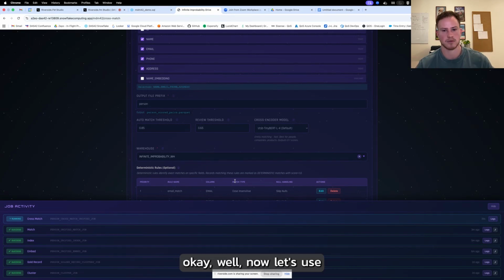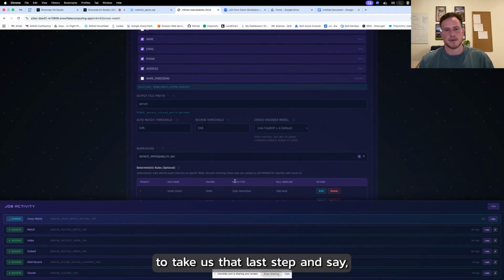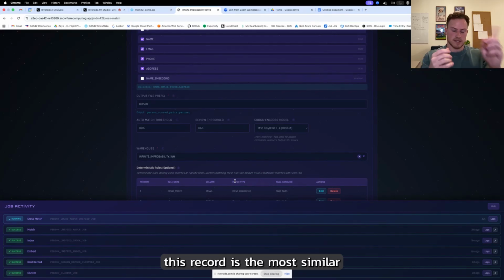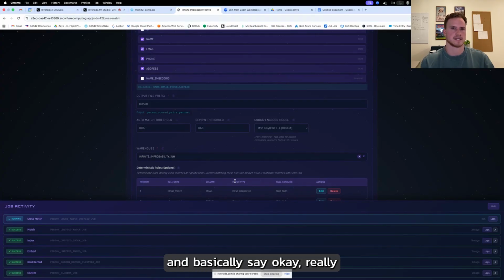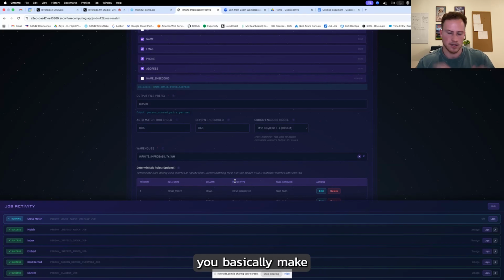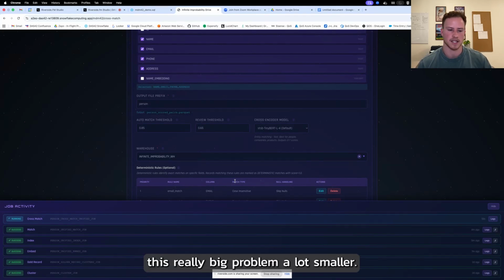Then the thinking is, now let's use these really intelligent cross-encoding models to take us that last step. We found mathematically that this record is the most similar to these other 3 records, but now I want the cross-encoder to do that last mile and say, really, who is most similar? Semantically, are these actually a match? You make this really big problem a lot smaller.